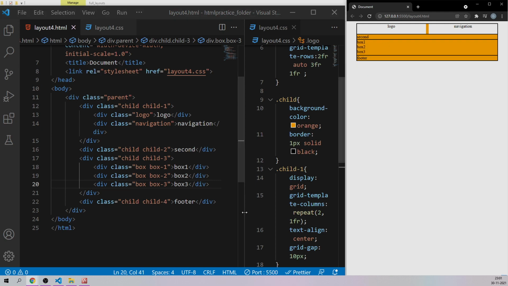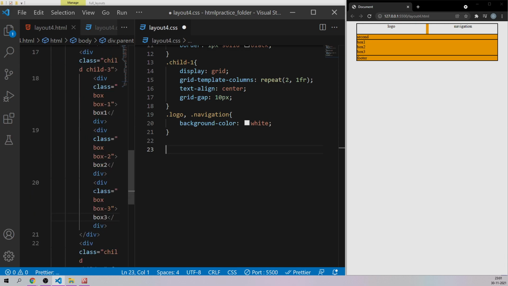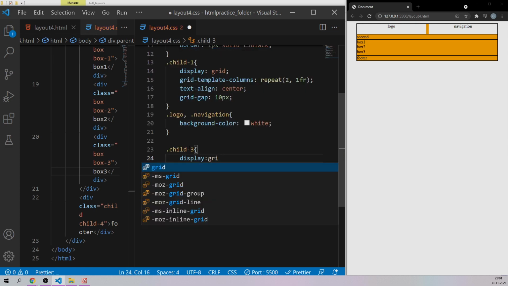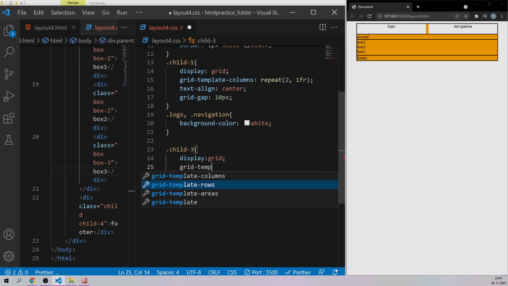Now let's come to our CSS code. So let me just grab like this. And let's say once again, what is the class name? I think child-3. So let me say dot child-3, curly braces, and I'm going to say display grid, grid-template-columns.